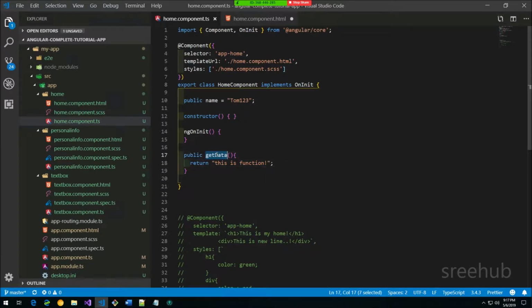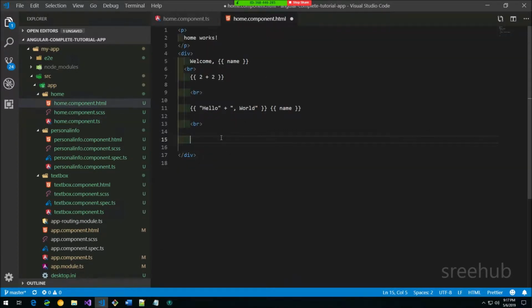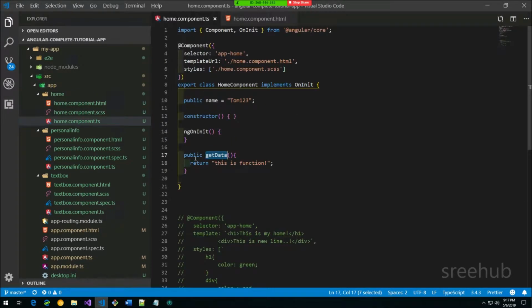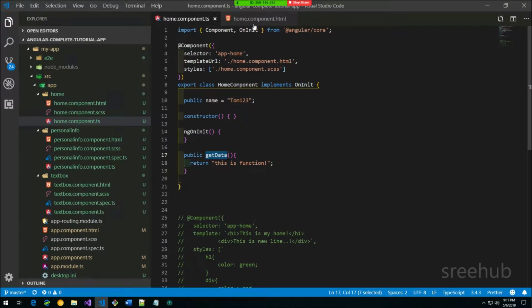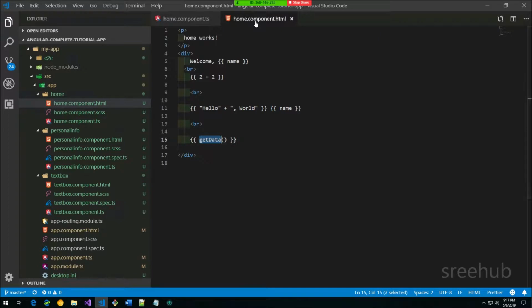Now even this function can be called in a bound interpolation. So I'll just say something called get data. Now it understands that we're trying to access a function which is get data, which is bound to the existing component here. You can see here this is a function. Now this is an interpolation binding we're doing, which is also called a one